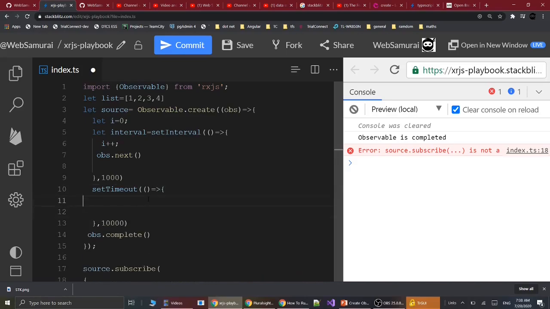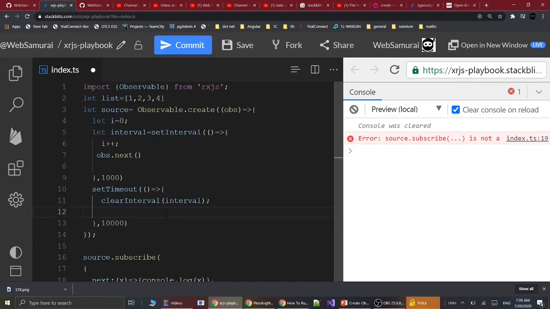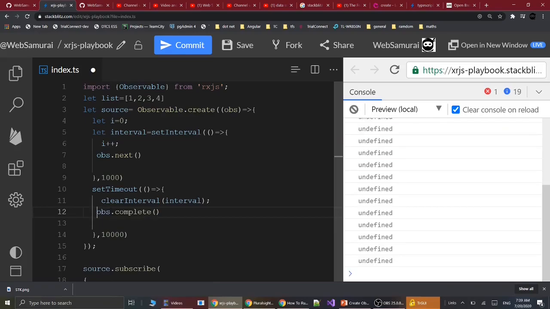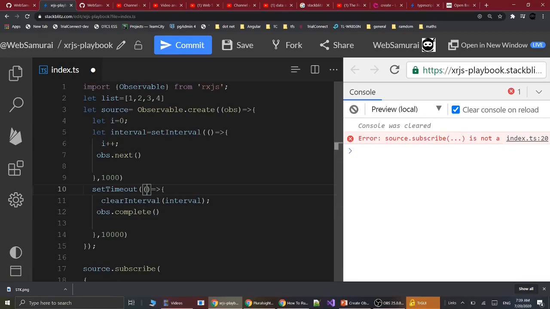In this method, I first clear the interval, and after that I call the complete handler. This means that after 10 seconds this observer will complete. I want to pass i here.